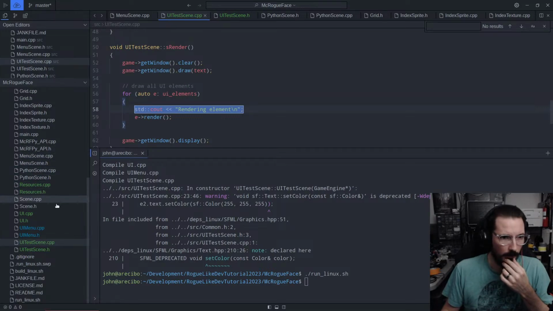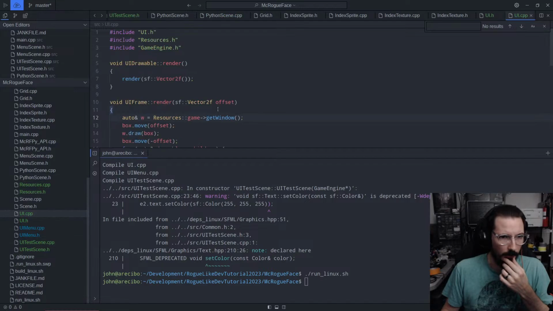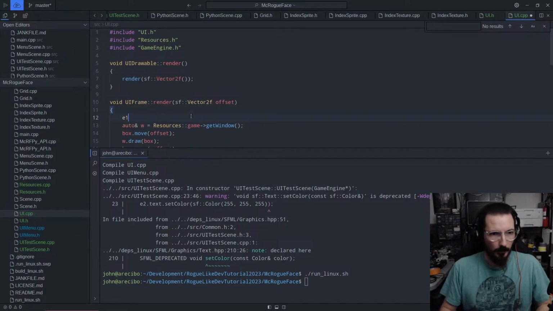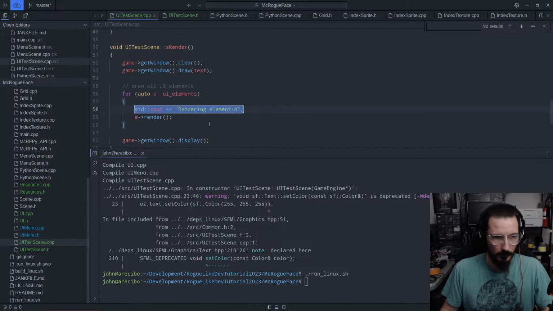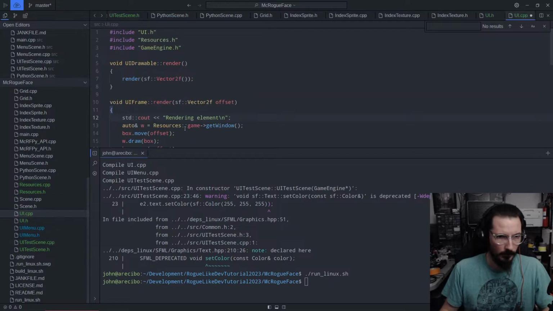And UI.cpp at the frame. Oh. And let's also include that in